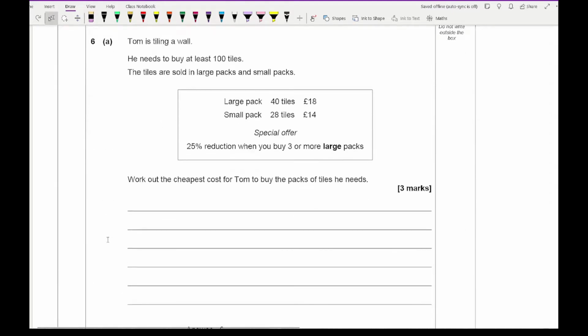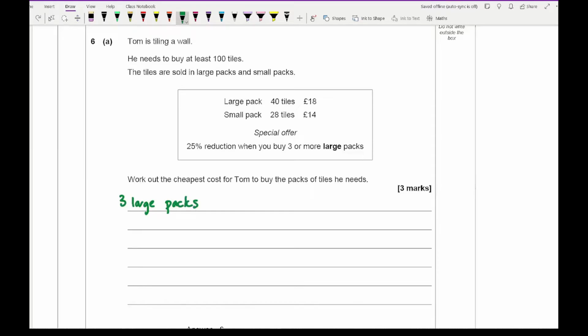Then moving on to question 6a, it says that Tom is tiling a wall. He needs to buy at least 100 tiles. The tiles are sold in large packs and small packs. And obviously we've got large packs of 40 tiles for £18, small packs of 28 tiles for £14. And the special offer is a 25% reduction when you buy 3 or more large packs. So there's only really two options we can go for. We're either going to go for 3 large packs,